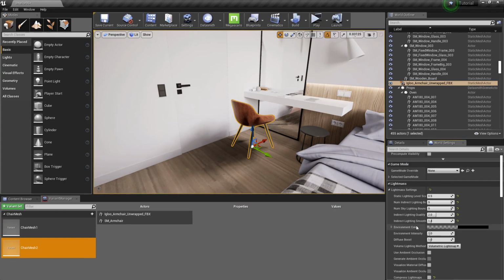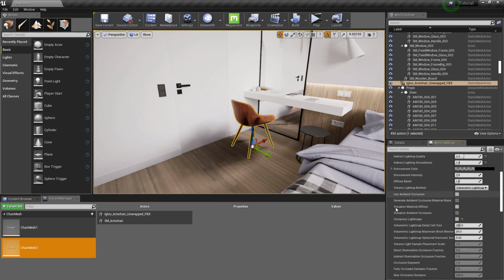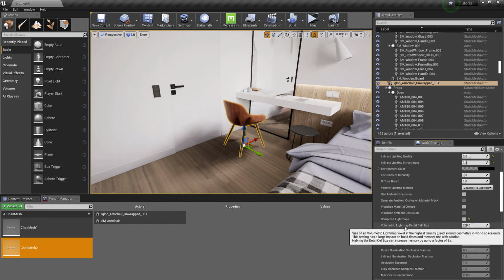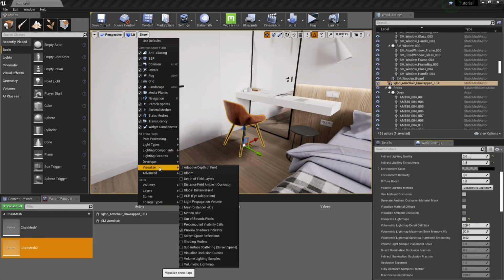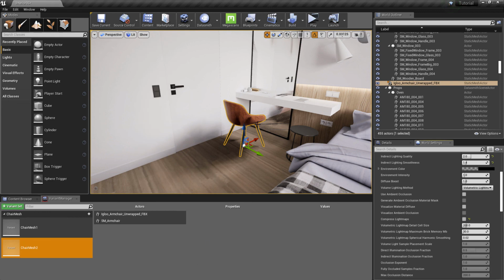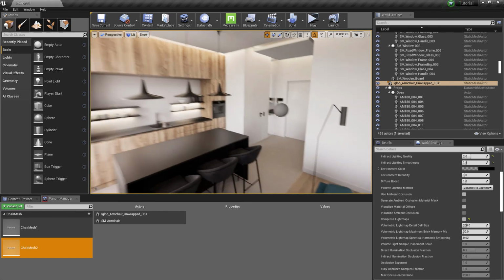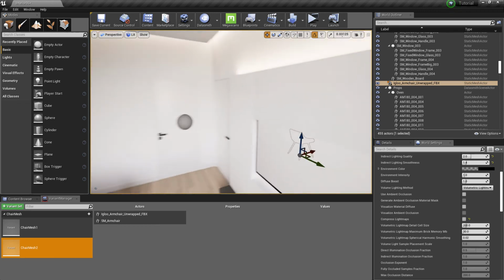To fix this, we have to go to World settings and look for volumetric light map detail cell size. These spheres are volumetric light map lighting samples that were created by the Lightmass.